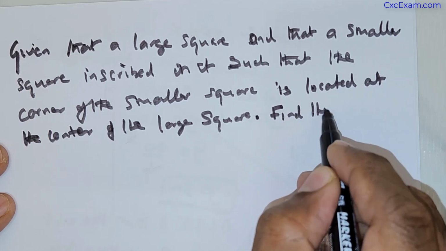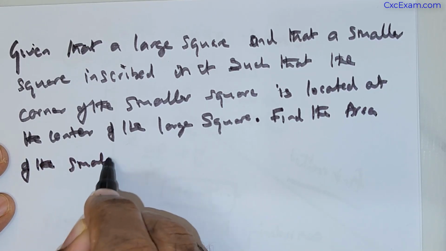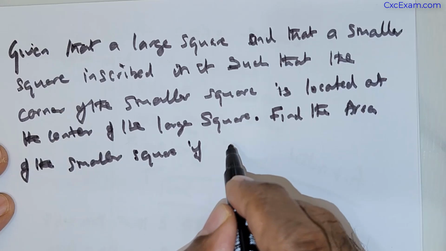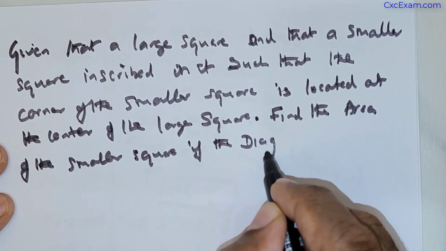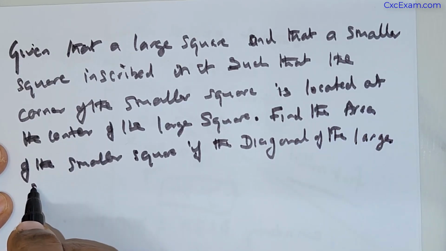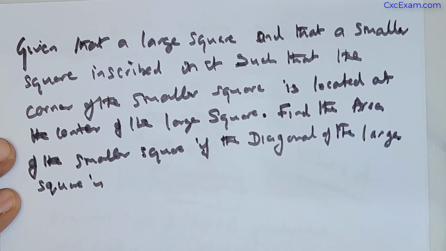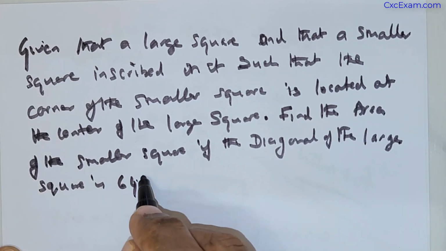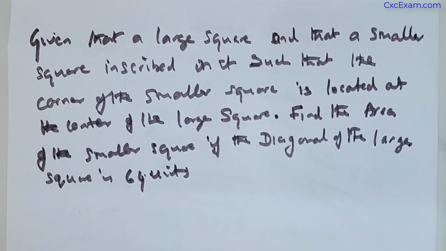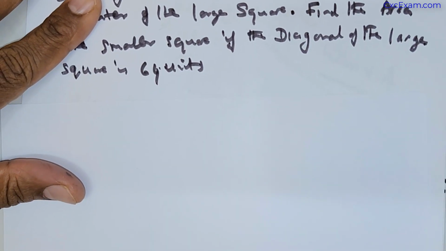Find the area of the smaller square if the diagonal of the large square is 64 units. So let me show the figure. Okay. So